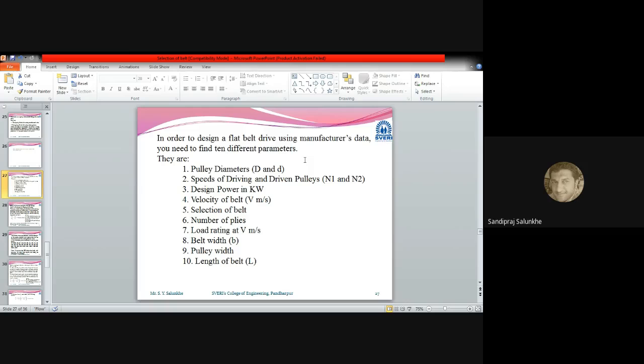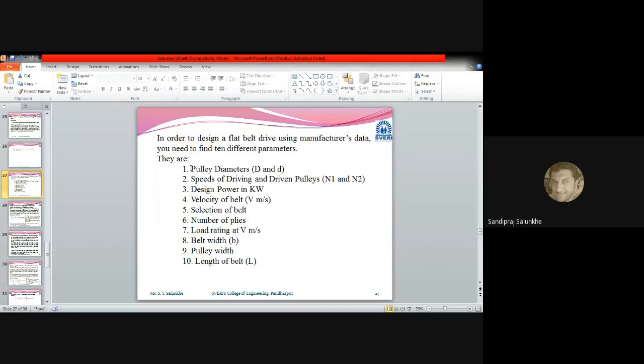So we are going to repeat it for the V belts also. But normally, please go through this process, because sometimes in exam also they will ask a question that what is the process or what are the steps involved in the selection of V belt or flat belt. Okay, so from that point of view,